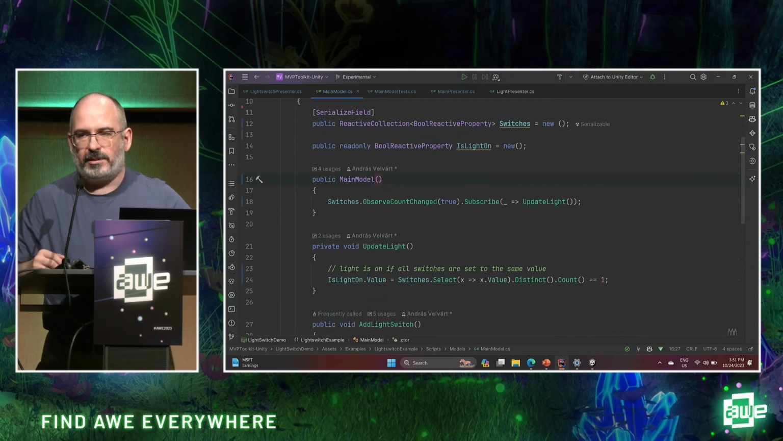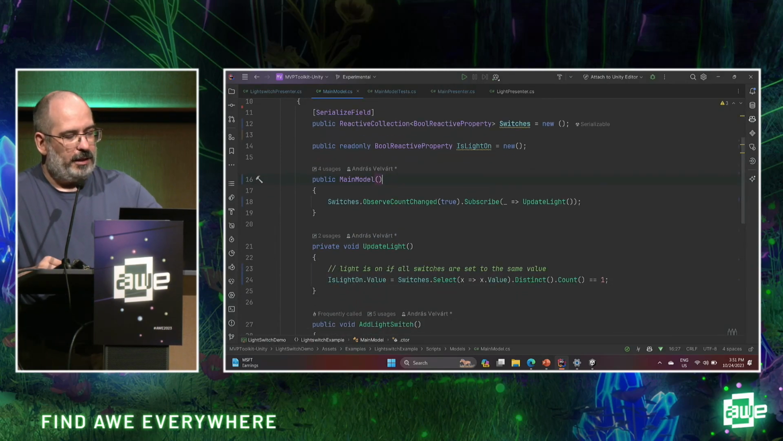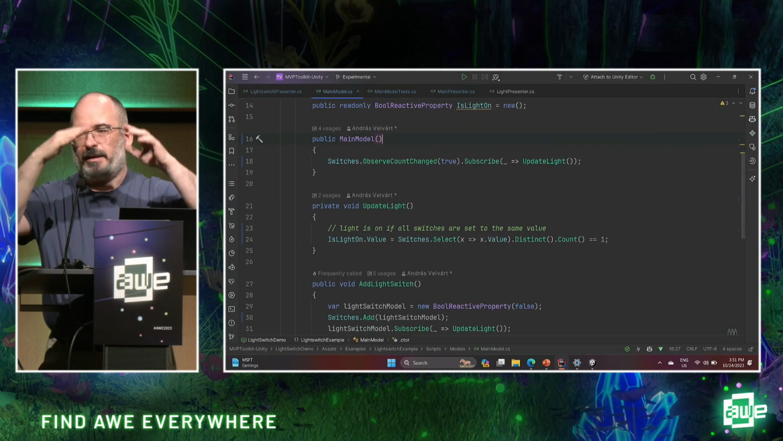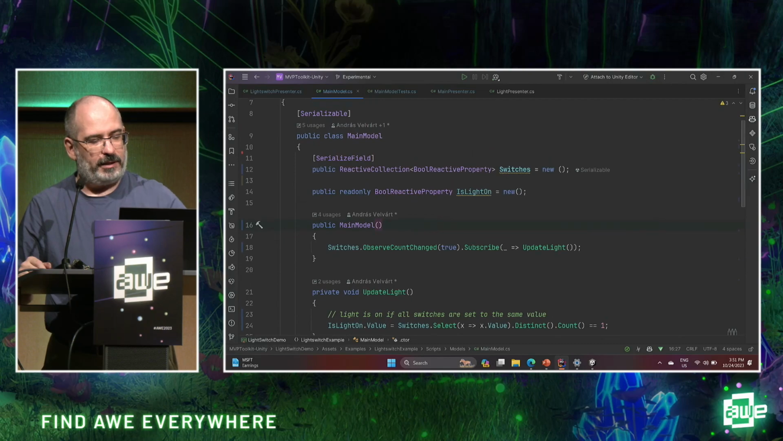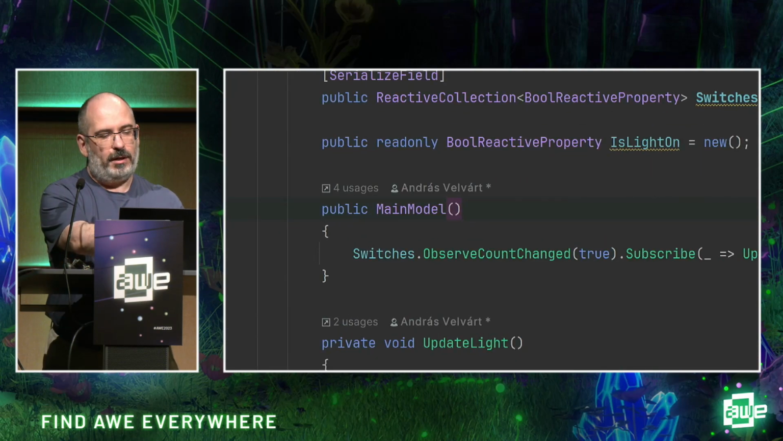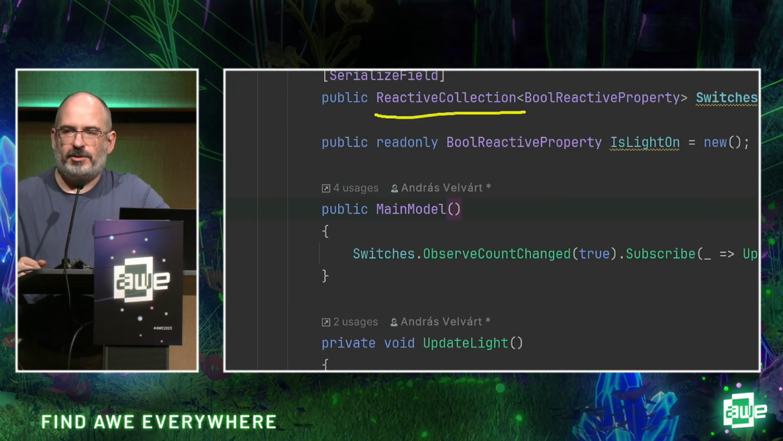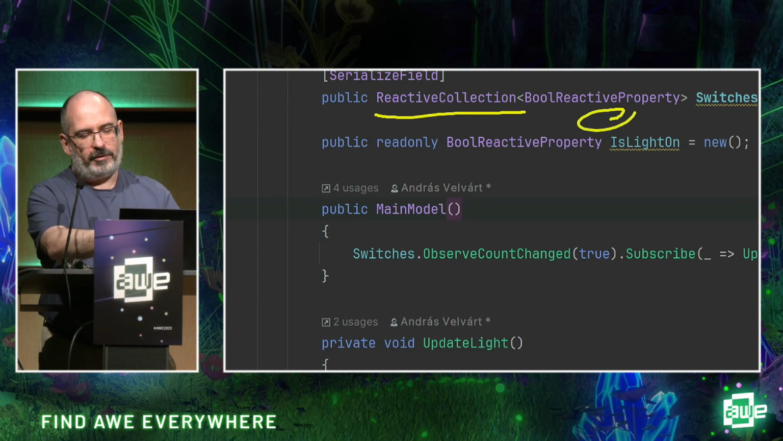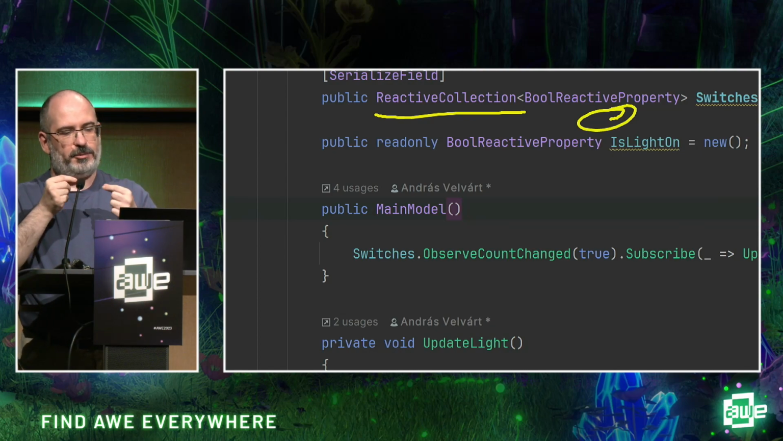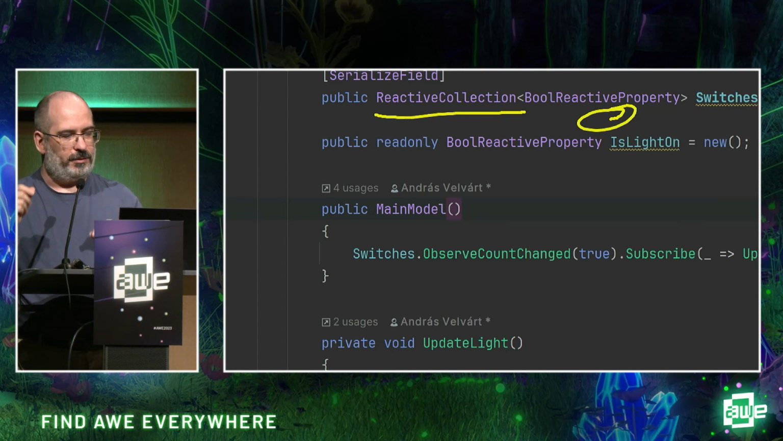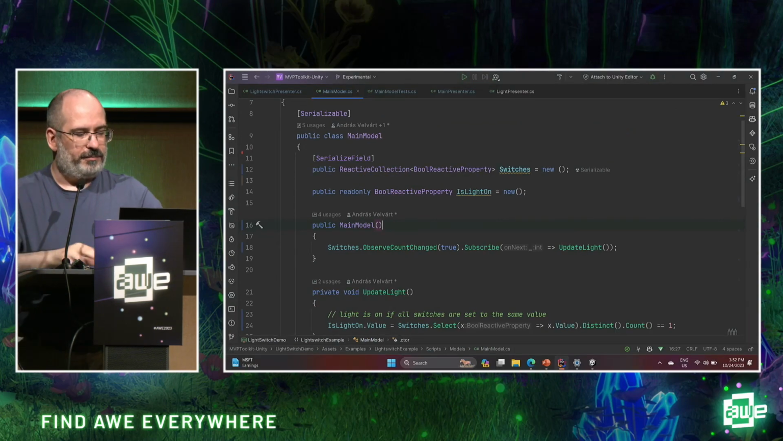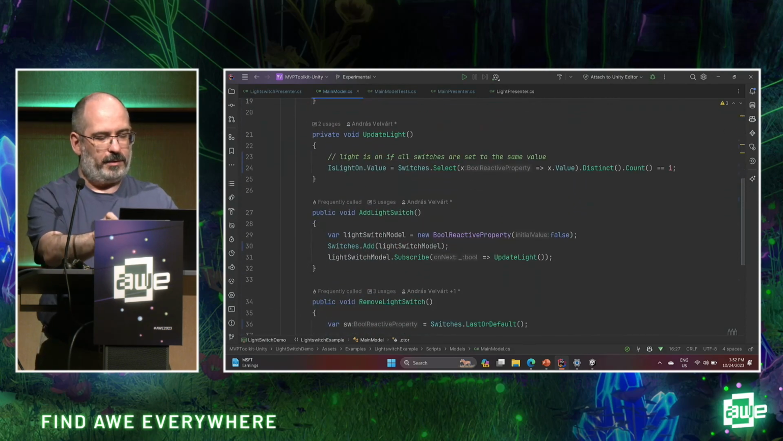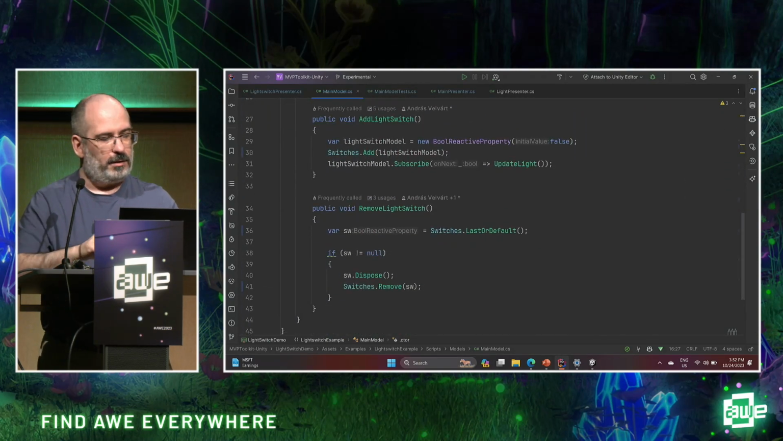Well, what we have first is something called a main model. The main model is the main application, let's say, and we have here something called a reactive collection, which means that it is going to react whenever the collection is changing. And inside the reactive collection, we have little bits, these Boolean reactive properties, yes or no, yes or no. And whenever I add a new item to the reactive collection, which is going to happen right here,